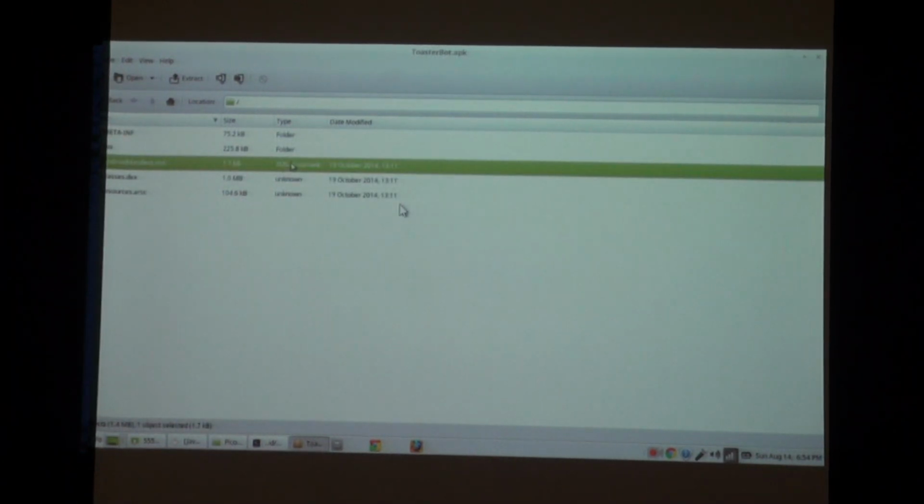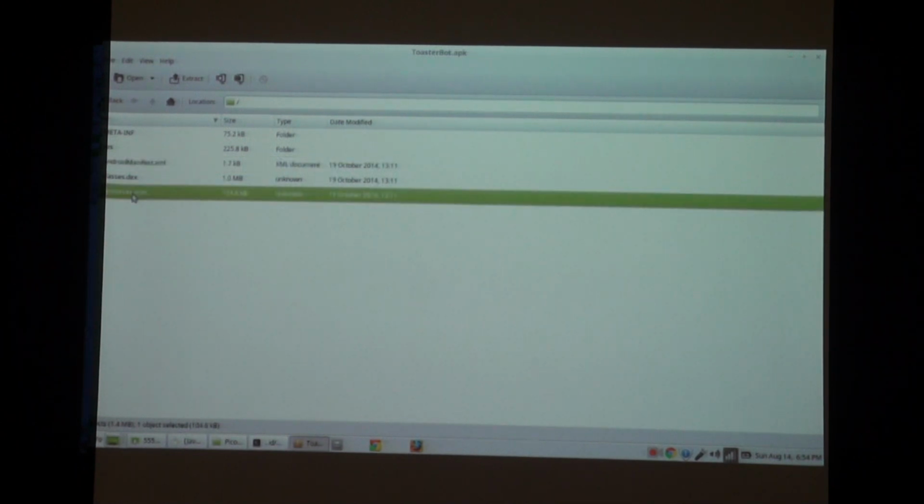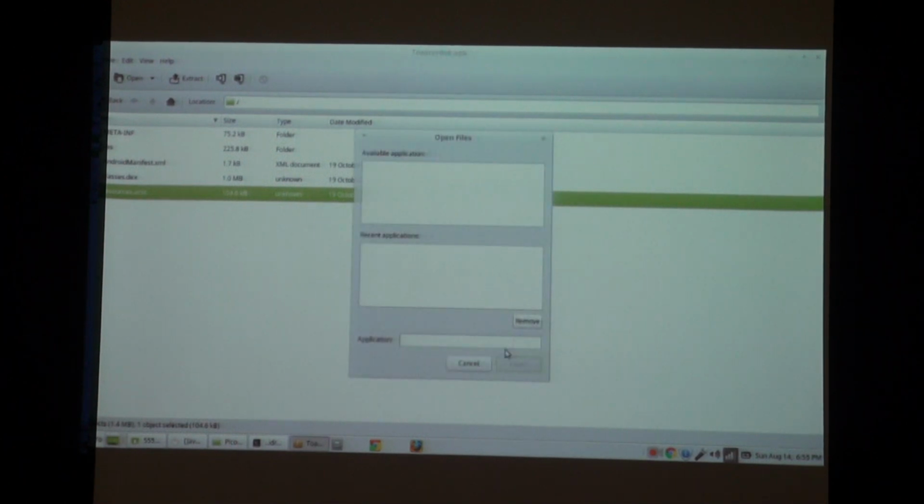And then we have the AndroidManifest.xml file, which, as we discussed, stores all the information related to the application, like which activity should be launched first, how long the activity should last, and how the overall process goes on, and the permissions that the application should be asking for, all those things. And the compiled resources as well.